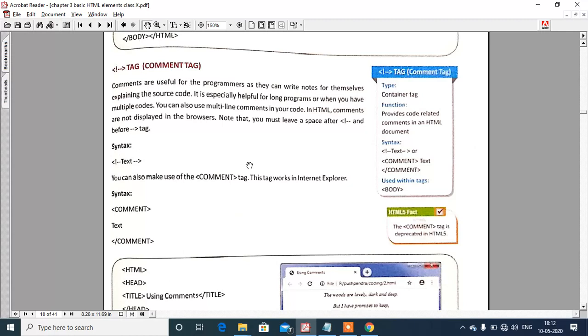It is especially helpful for long programs or when you have multiple codes. You can also use multi-line comments in your code. In HTML, comments are not displayed in the browser. Note that you must leave a space after exclamation mark and before the end tag.